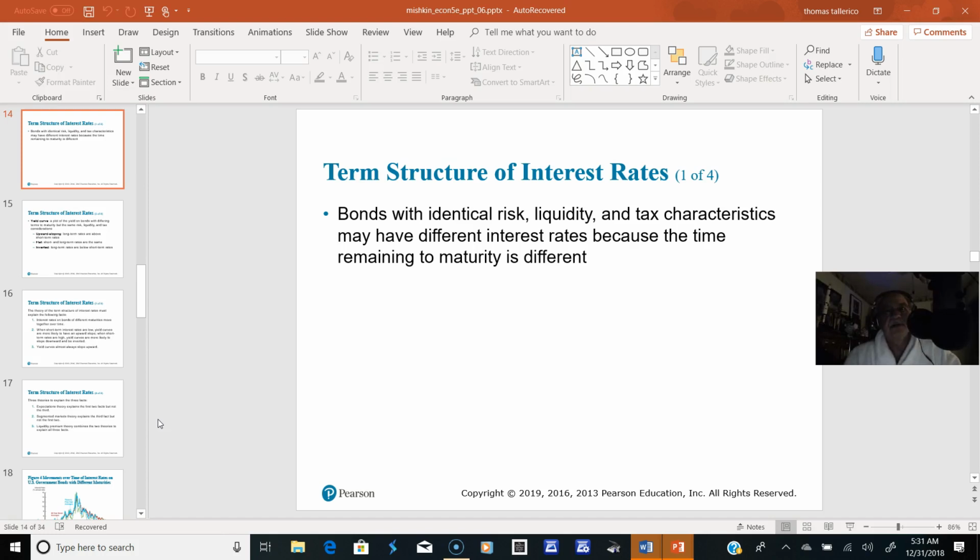So I want to finish up on Chapter 6. This is Part 2 on the term structure of interest rates. And I believe where we left off